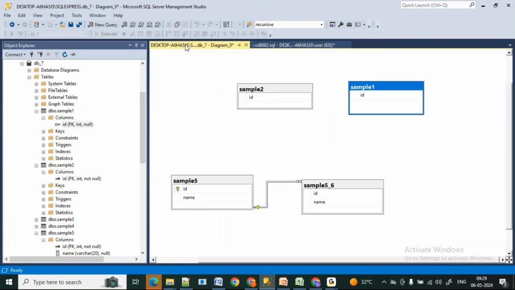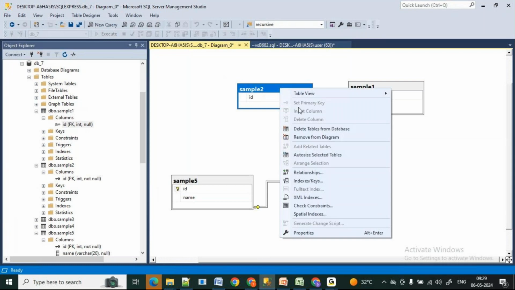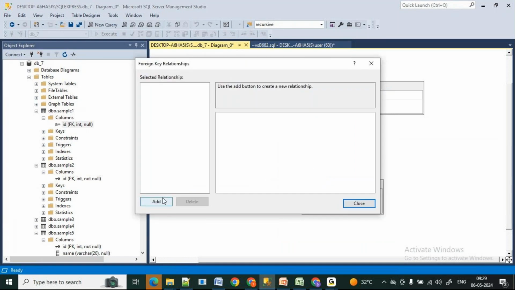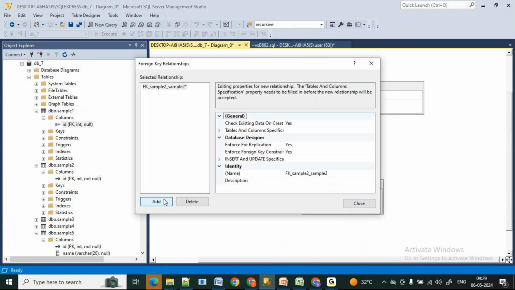Now see this database diagram. I want to have a relationship, right? So in the sample 2, I have this table. So I'm just selecting this one.